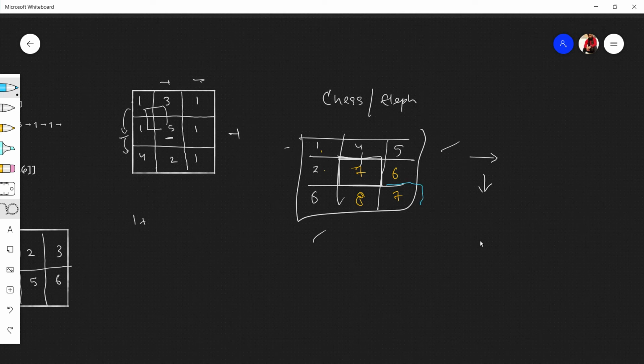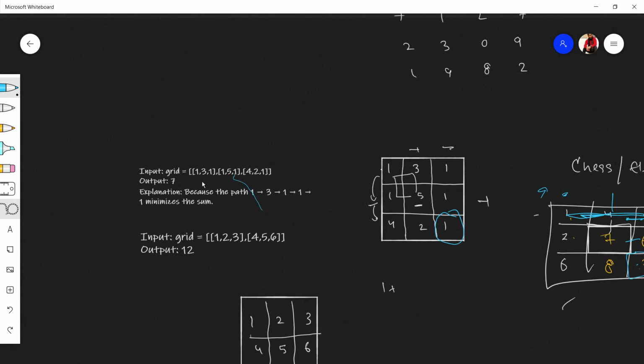This says that the minimum amount you need to pay is 7. Just trace the minimum from here and you will reach your source. This is source, this is destination. Trace the minimum, which is 6. Left and top, trace the minimum, which is 5. Left and top, nothing is there, left is 4, trace the minimum, left and top, which is 1. So this is the path you should follow to get the minimum amount to reach this destination. Let's see if our answer is correct or not. Yep, it's correct. The output is 7.